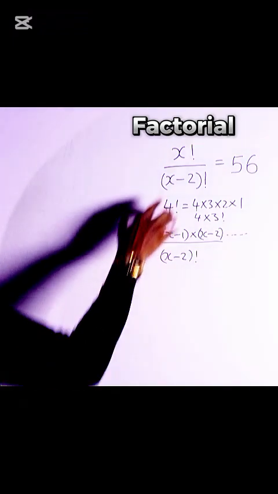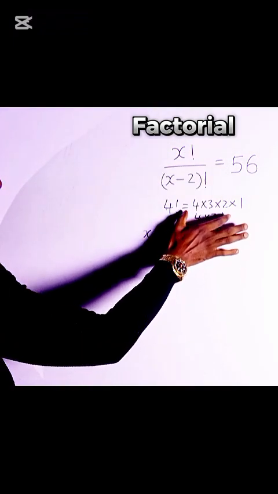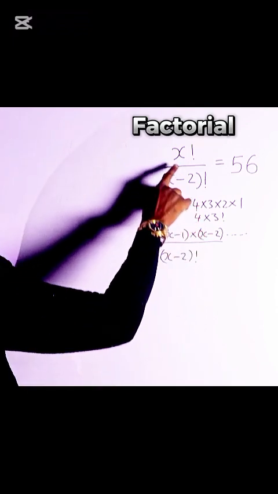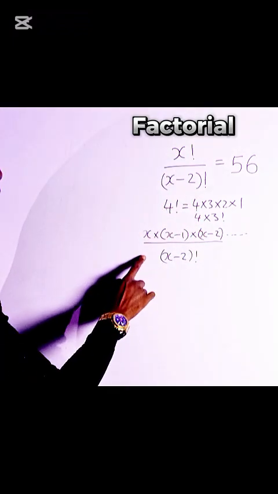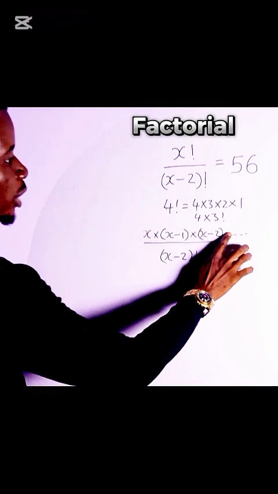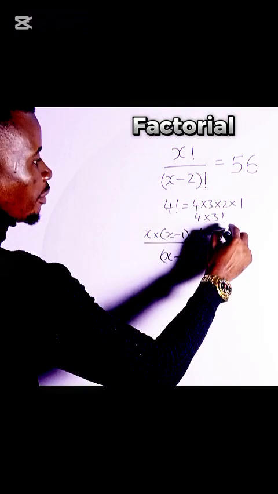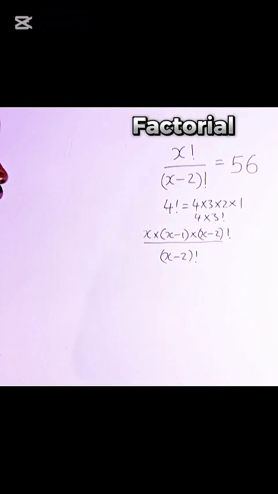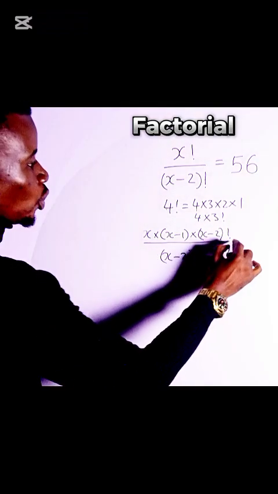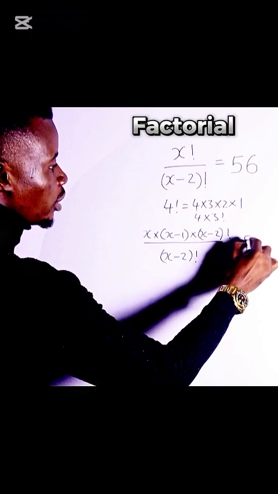So now bringing this pattern back to here, you can see that your x factorial can be written as what? X times x minus 1 times x minus 2, and I can put the factorial here. And my denominator is what? X minus 2